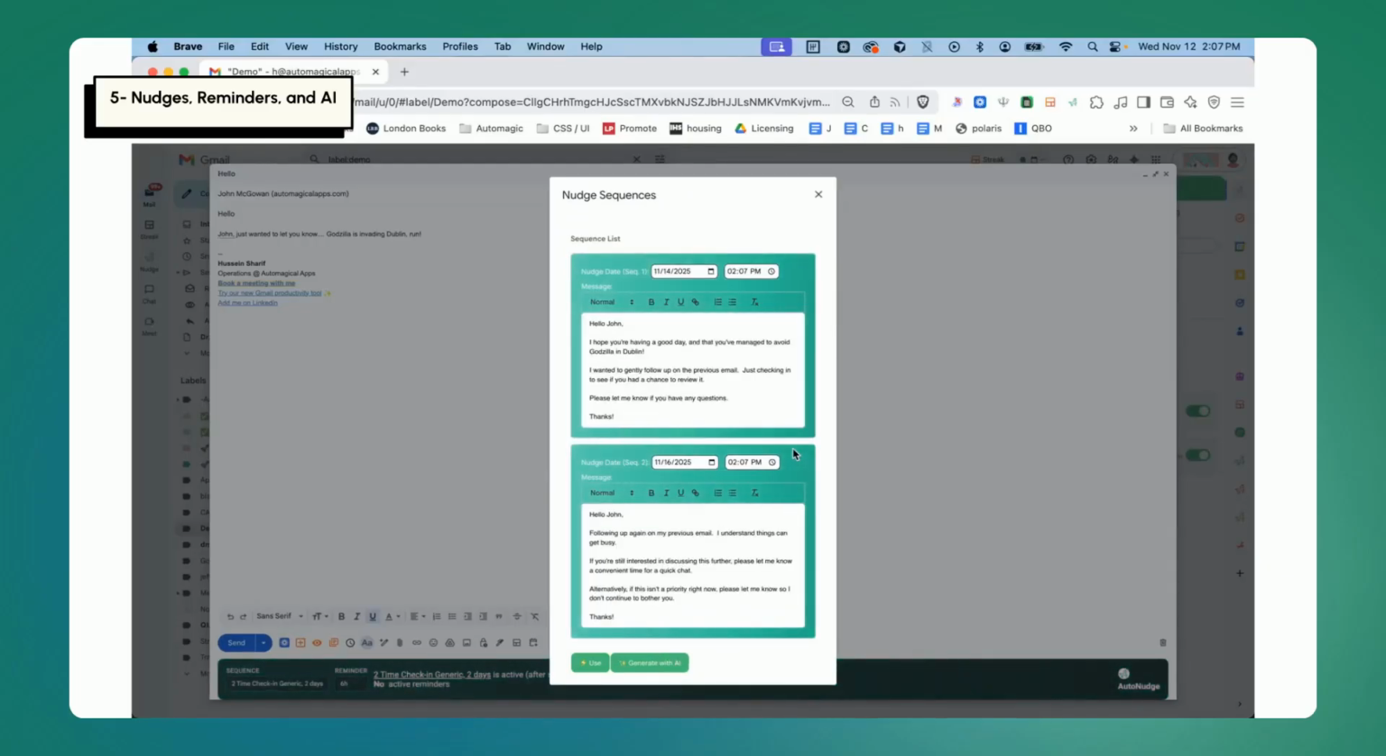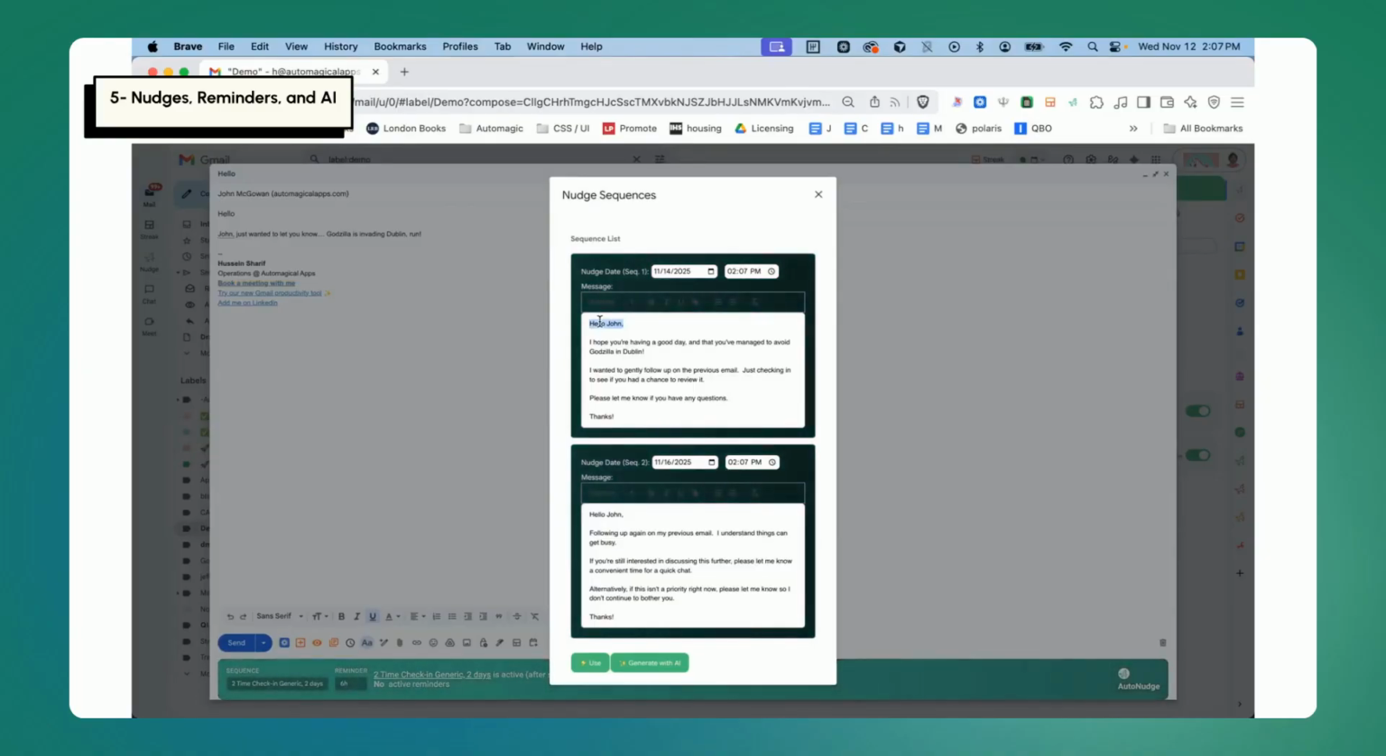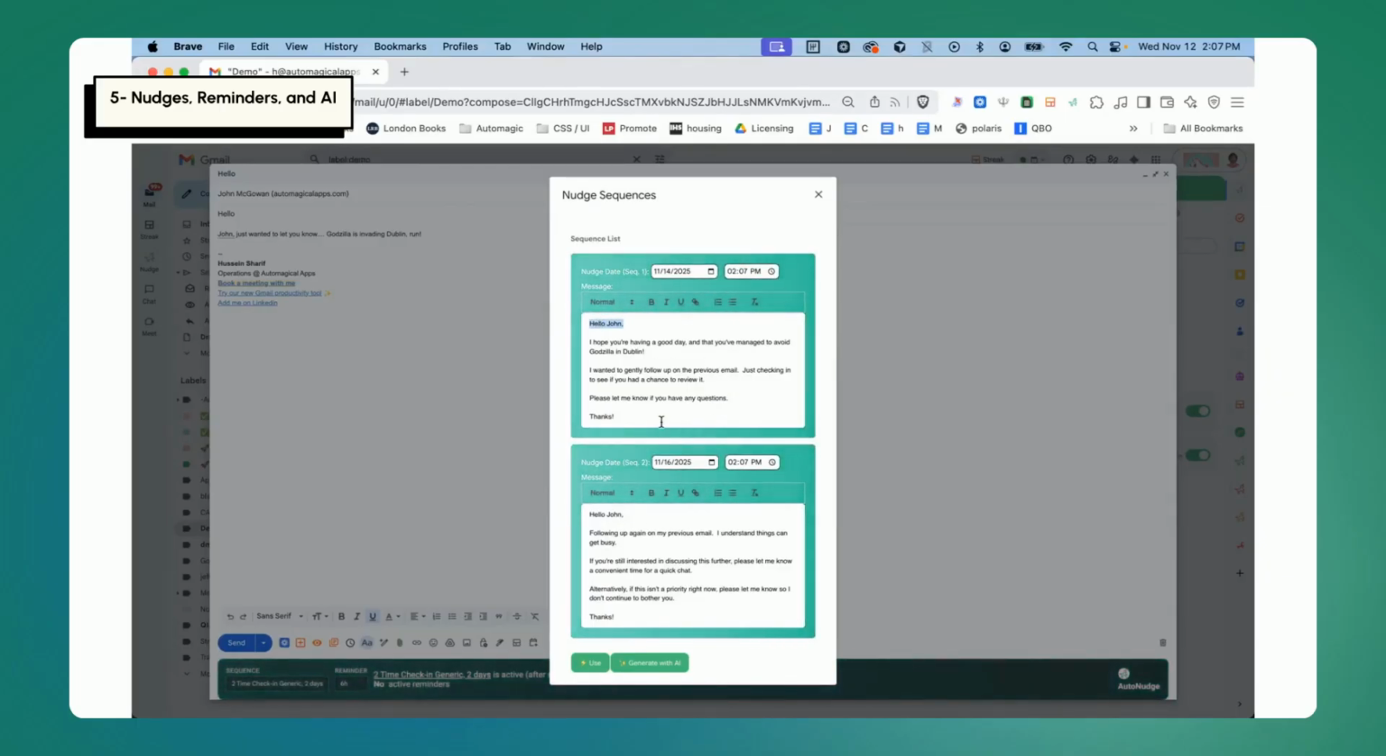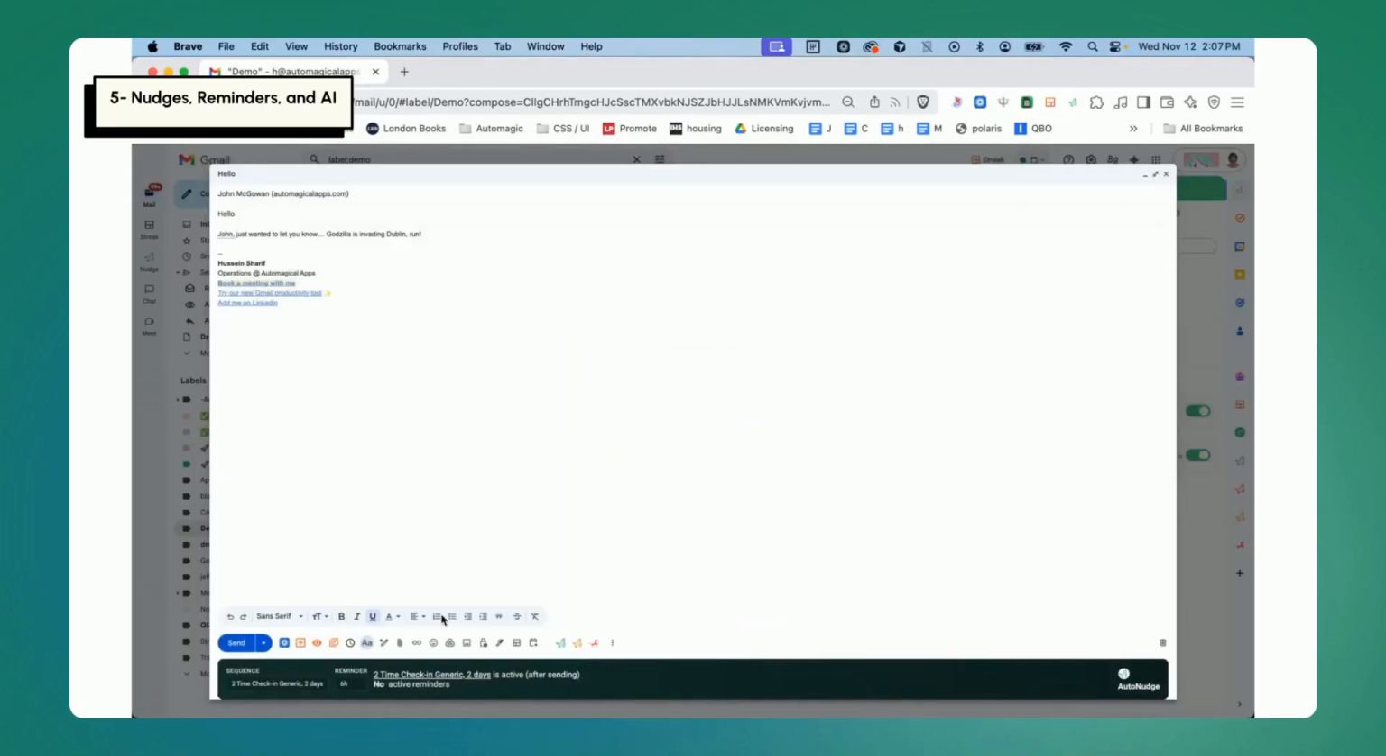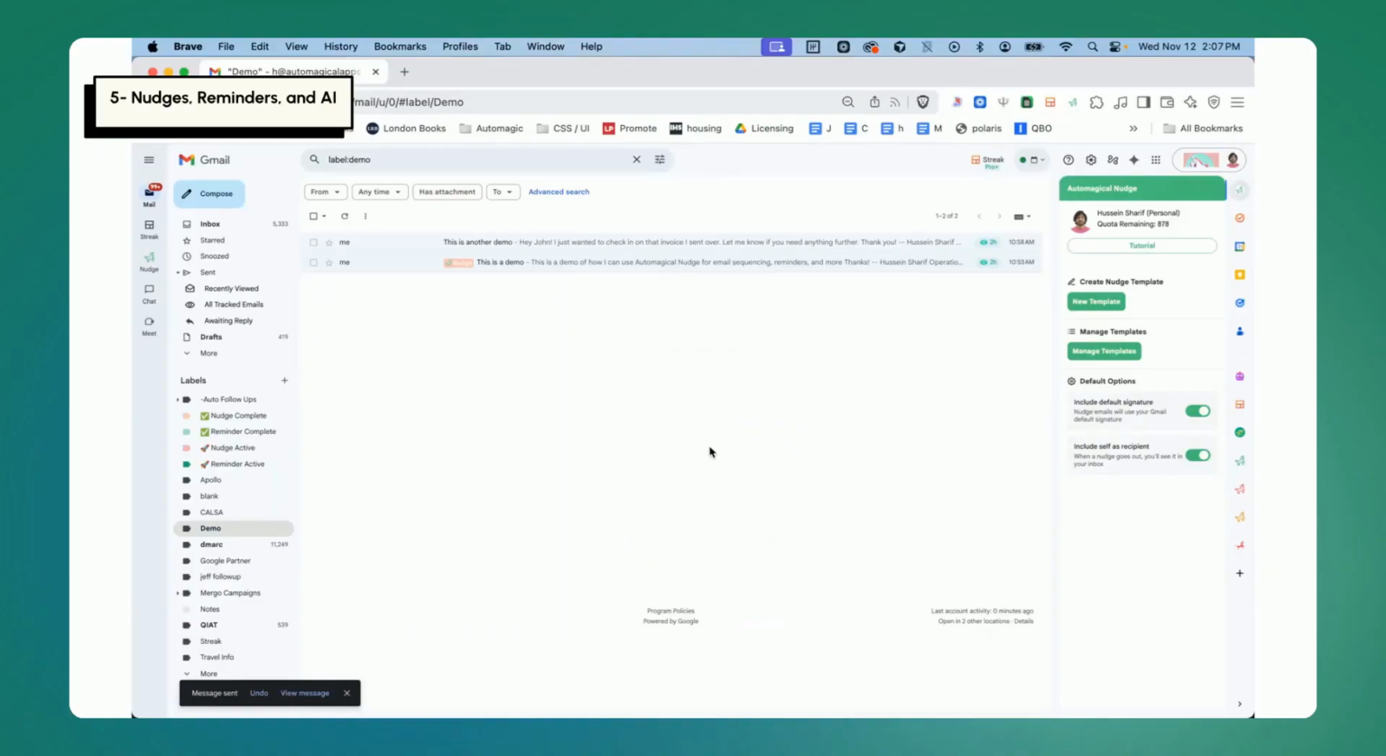Now it's actually going to pull the recipient's name, as you can see here. So it's a quick, fast, easy way to summarize your original message as well as address your recipient properly before you send your nudges. Now, when I hit use, it's going to save that sequence. And when I hit send, it's going to not only send the original message, but also attach the nudge sequence